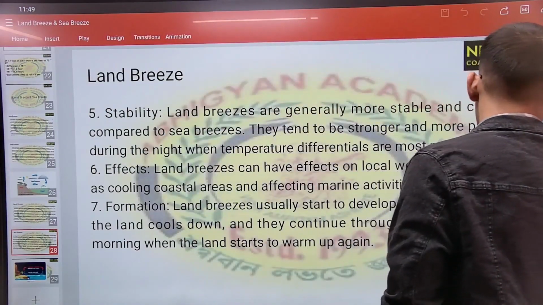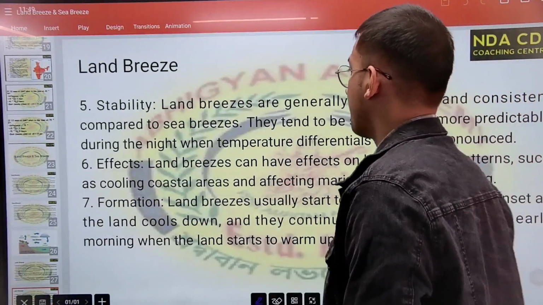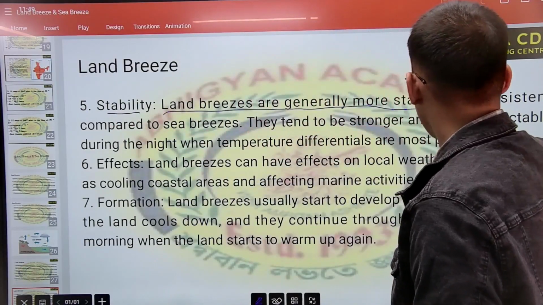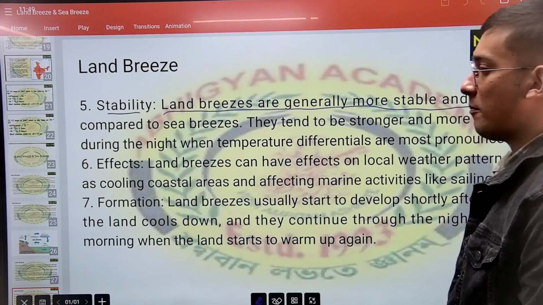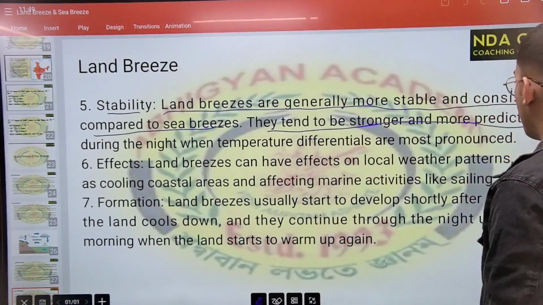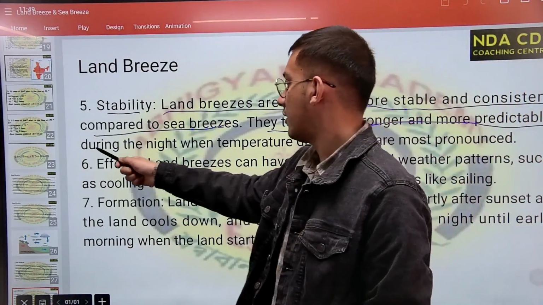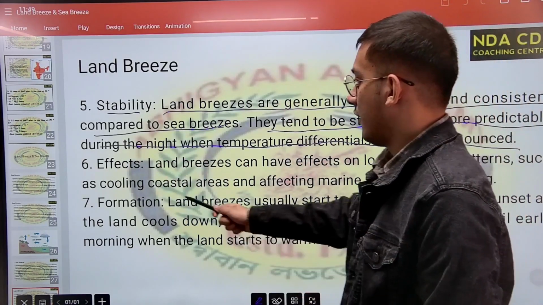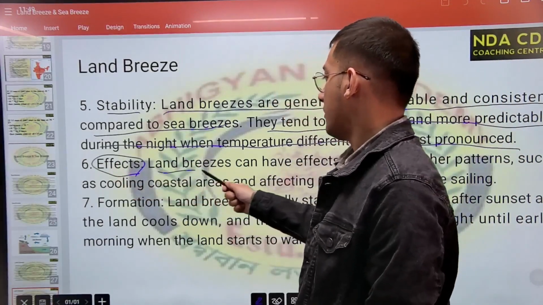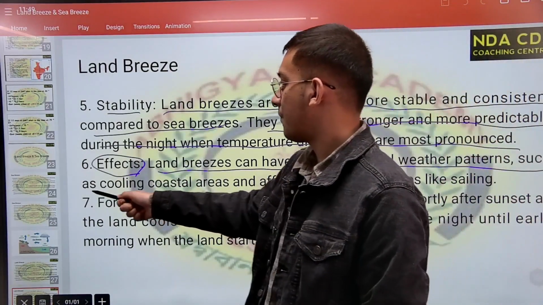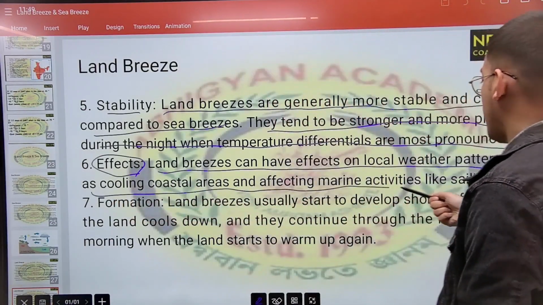Then we come on to stability. So land breezes are generally more stable and consistent compared to sea breeze. They tend to be stronger and more predictable during the night when the temperature differentials are most pronounced. Effects. Land breezes can have effects on local weather patterns such as cooling coastal areas and affecting marine activities like